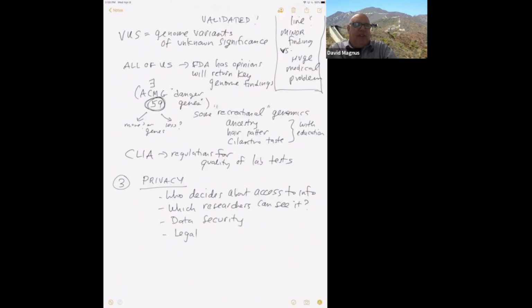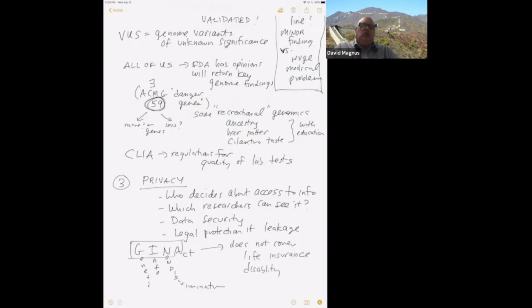One thing that's really important that took a long time to get passed is something called GINA. And so GINA, the Genetic Information Non-Discrimination Act, which protects people from occupational or health insurance discrimination based on genetic findings. So that's a really important thing. But of note, GINA does not prevent discrimination for life insurance or disability insurance. And B, even though officially you can't have occupational discrimination on the basis of genetic traits, it can sometimes be very hard to determine and confirm that that's really what's going on.